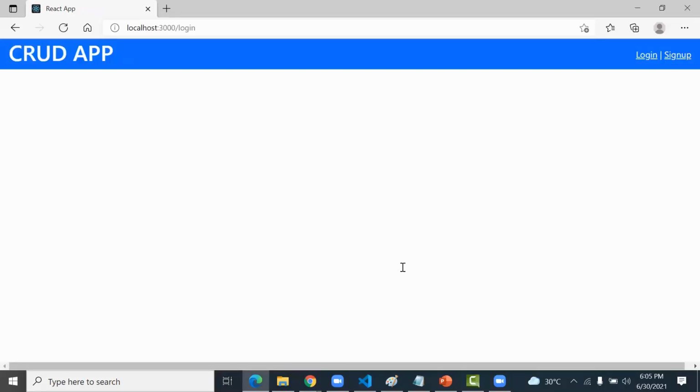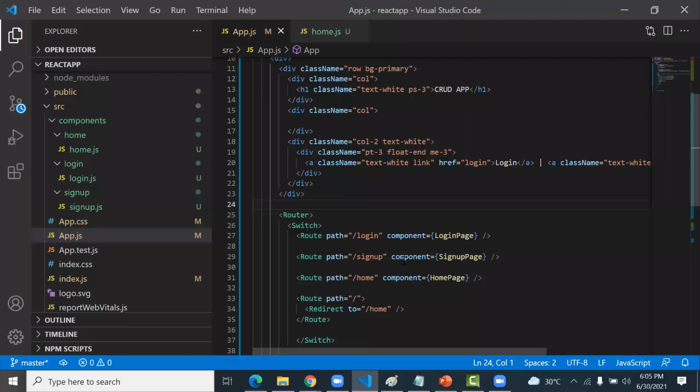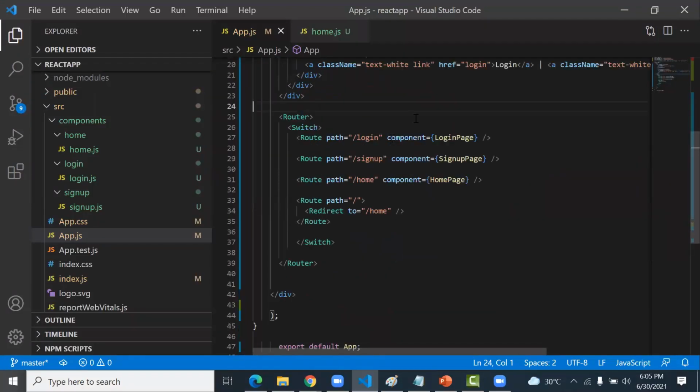Because when there is any default page, then you can write a keyword called exact. So for each route, I write the exact keyword. So it will exactly match the URL path. Otherwise, it will not proceed ahead. Okay, like this. Now we will see the results.